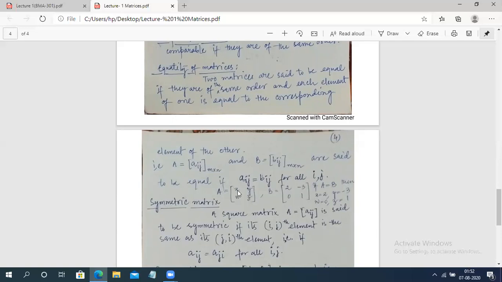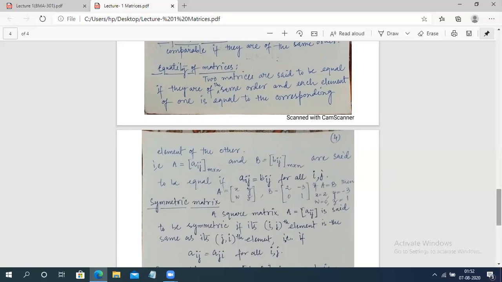इस पोजीशन में जो एलिमेंट है वो इसके इस पोजीशन में एलिमेंट जो भी है उसके साथ इक्वल होगा. इसका जो ये पोजीशन है और इसका ये पोजीशन सेम पोजीशन, और इसीलिए ऑर्डर मस्ट बी सेम. अगर ऑर्डर सेम नहीं होगा तो हमारे इस A के करस्पॉन्डिंग हमें B के सारे एलिमेंट्स नहीं मिलेंगे. इसलिए इसका जो फर्स्ट कंडीशन है, इसके ऑर्डर सेम होना चाहिए। उसके बाद करस्पॉन्डिंग एलिमेंट्स को इक्वेट कर दीजिए, तो हमारा दोनों मैट्रिसेस इक्वल हो जाएगा।